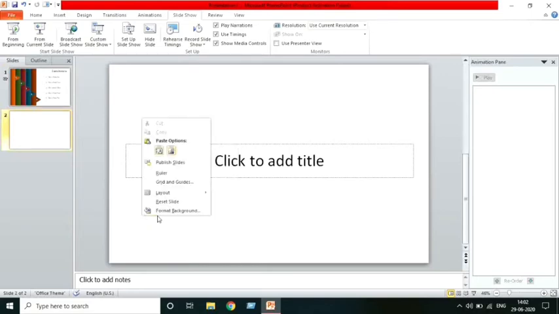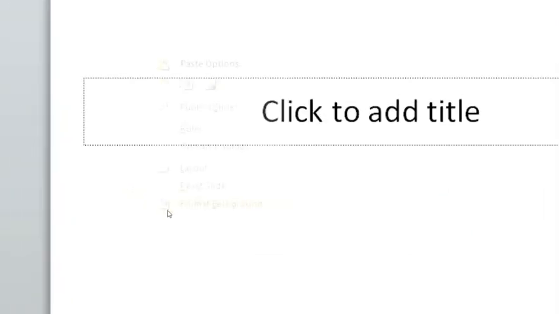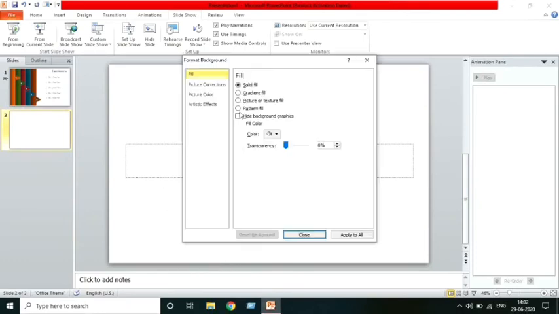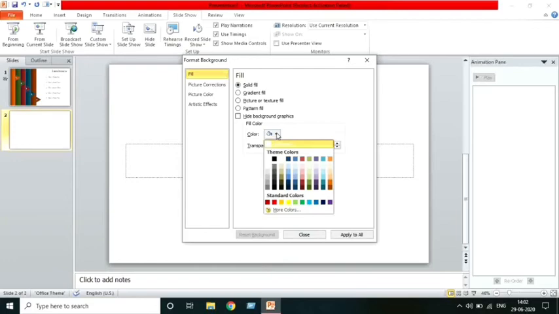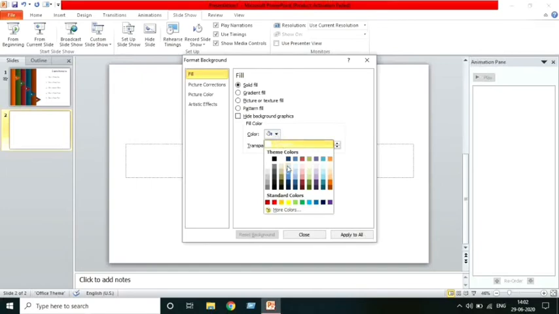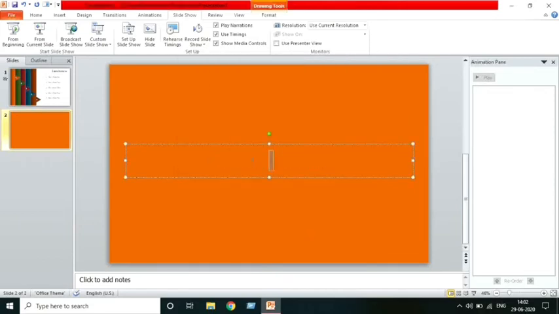Right click on this slide, there is a format background button, you can see. Format background, this you will click. After clicking format background, there is a solid fill and here are the colors. So these colors you will check. Click on color, and I think we have taken this color for the very first one, so we will click on this. You can see the background is the same as that first graphic. So we can name this slide 1.